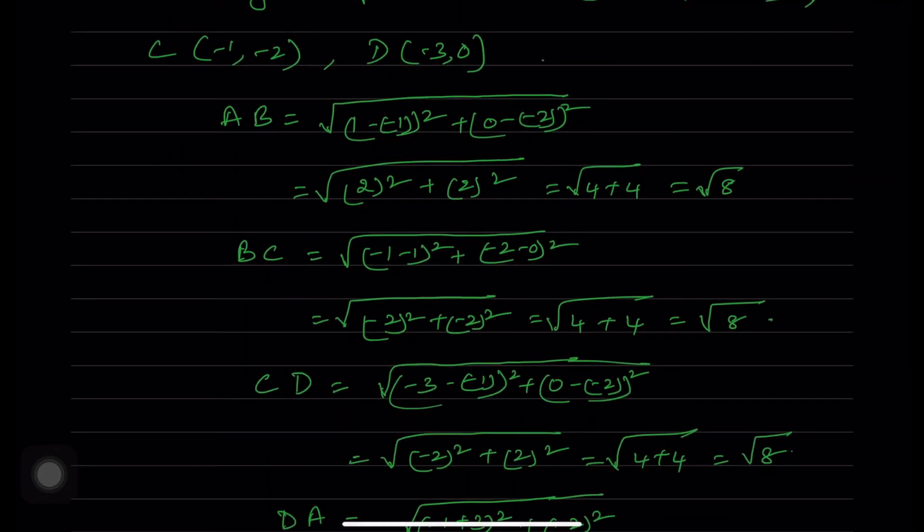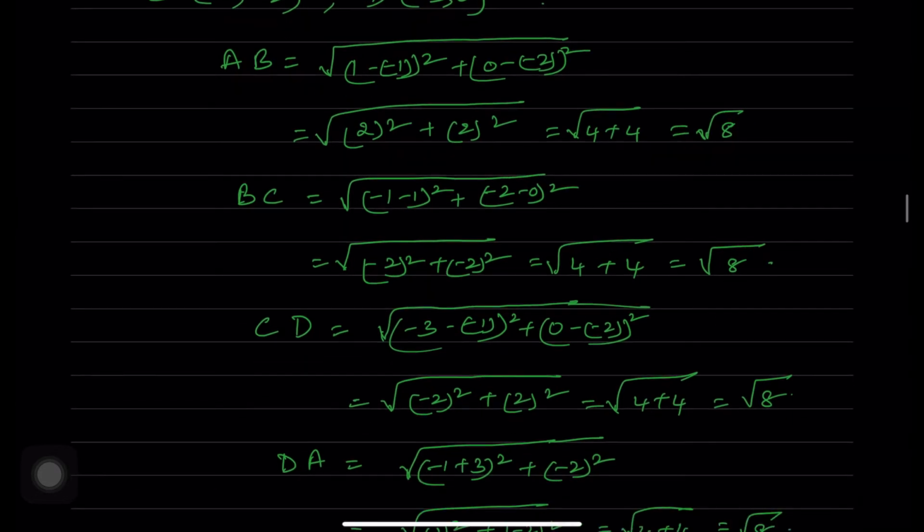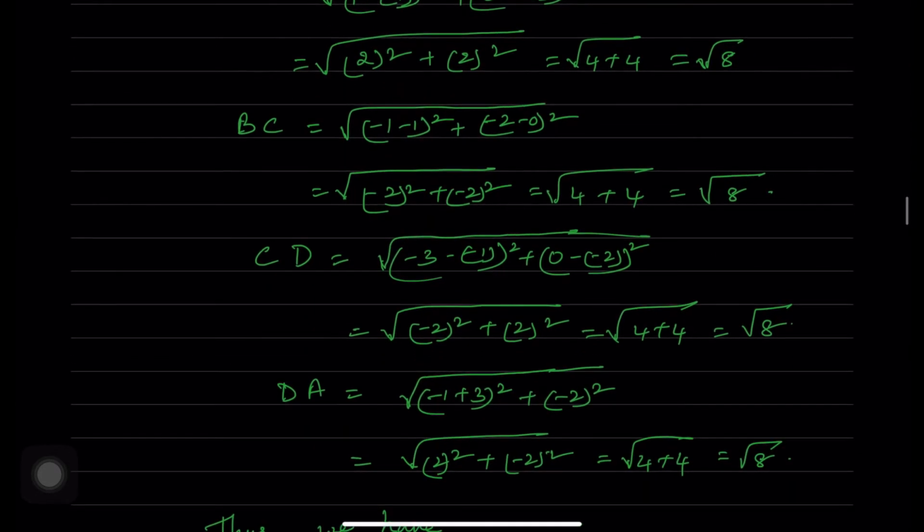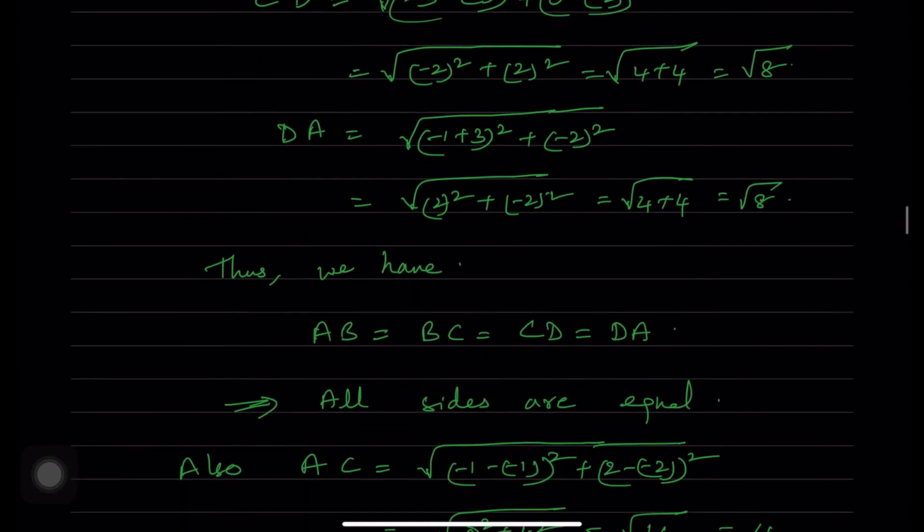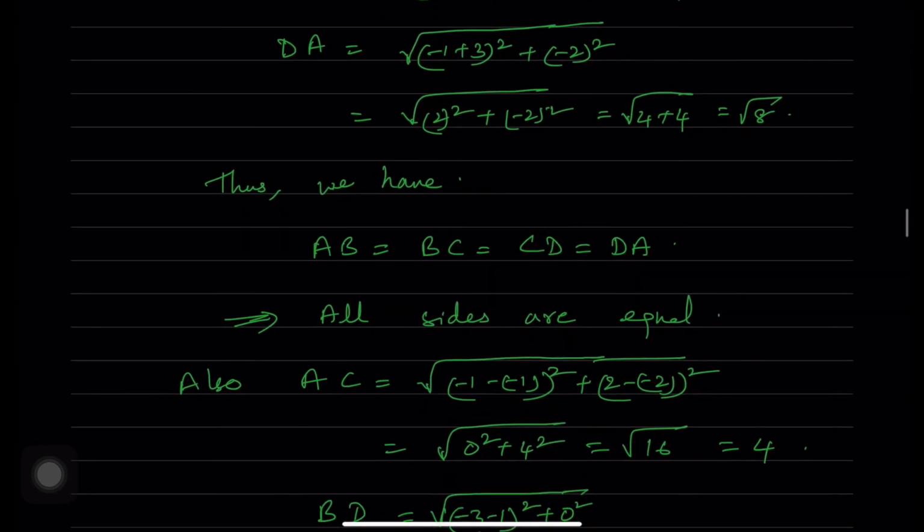BC is equal to root of (-1 and -1) whole square plus (-2 minus 0) whole square. So you're getting again root 8. CD also, if you're finding, you're getting root 8, because you're getting -3 minus of -1, that is -3 plus 1, it is nothing but -2, and 0 minus of -2 is nothing but 2. So 2 square plus 2 square, you're getting here also root 8. Even DA is also root 8. Thus we have